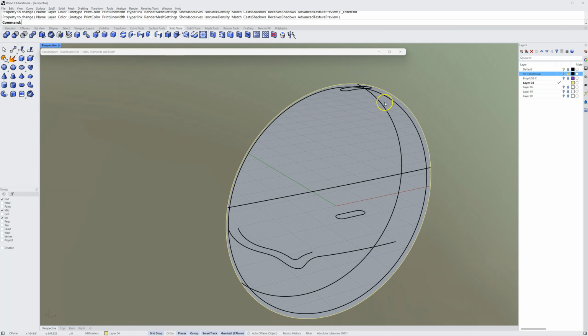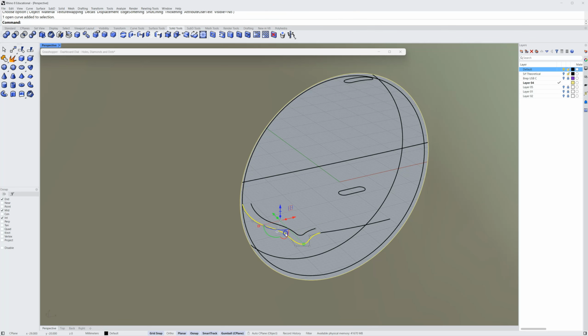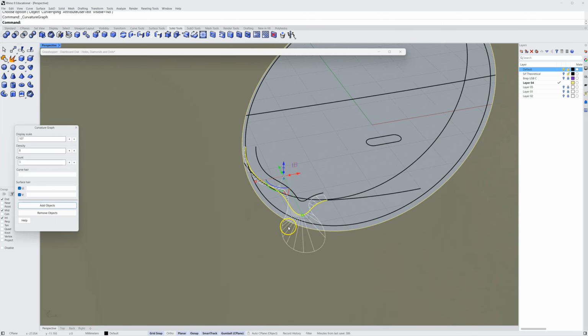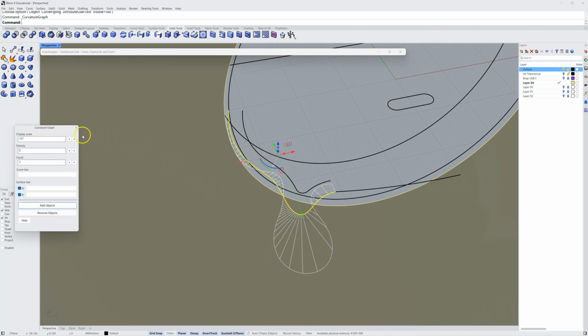The profiles revolve around, and there's some time being spent with those profiles, getting good control of them,